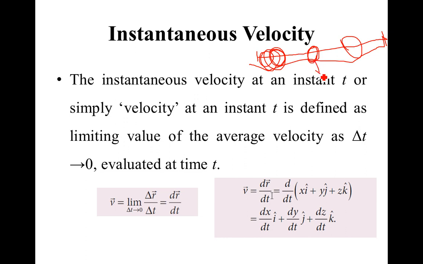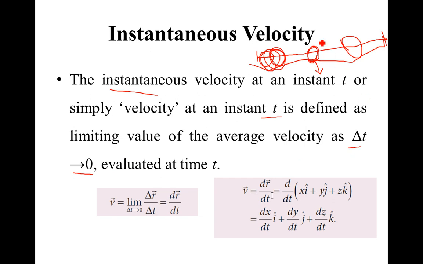So what is the displacement and time interval ratio at this one particular point of time? If you find that, it is called the instantaneous velocity. So it is for one particular instant of time t. Again, the velocity is nothing but displacement with time, but for one particular time interval, which means change in time tends to 0.